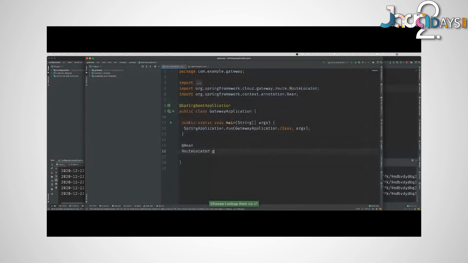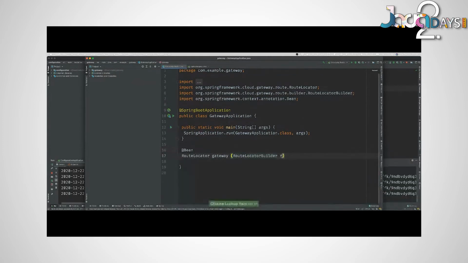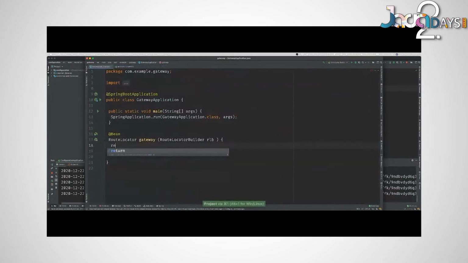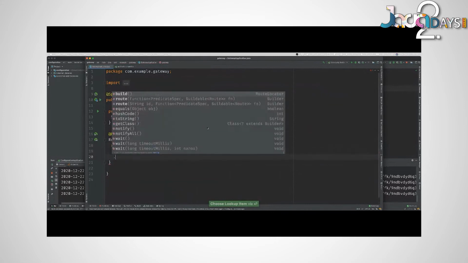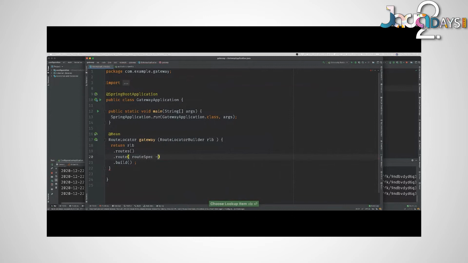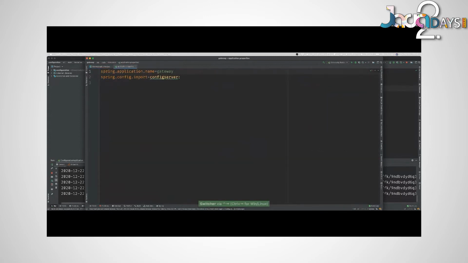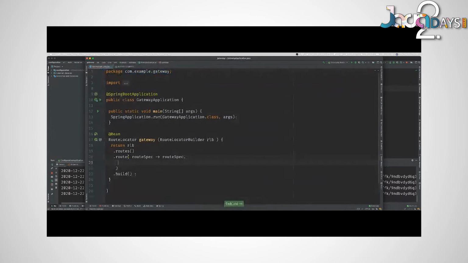Spring Cloud Gateway is a project that allows you to describe how to route requests through the application. So you say rlb.build route, and then here you have routes, and the routes must match the requests that come into the host and port for the gateway microservice.